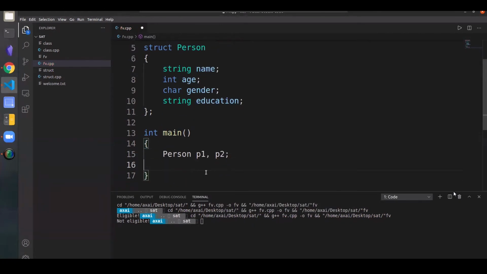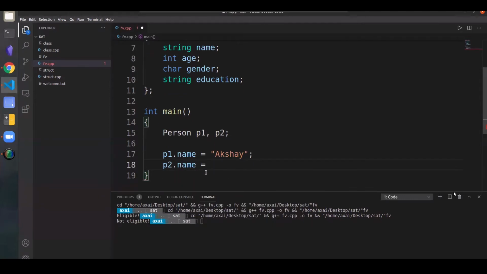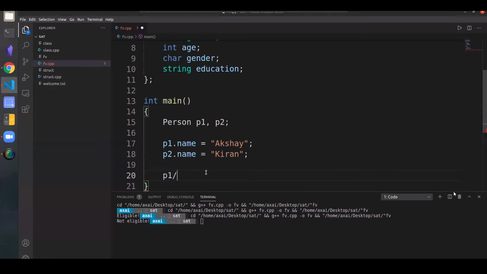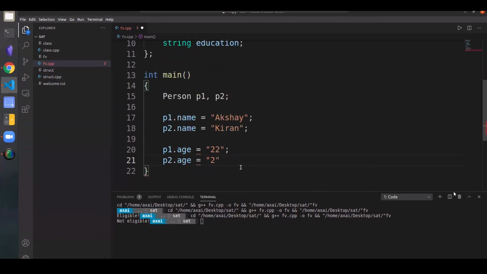And now P1 dot name equal to Akshay, P2 dot name equal to Kiran, and similarly P1 dot age equal to 22, and P2 dot age equal to 20. Okay, wait, this will throw an error obviously because this is supposed to be an integer value, not a string value.